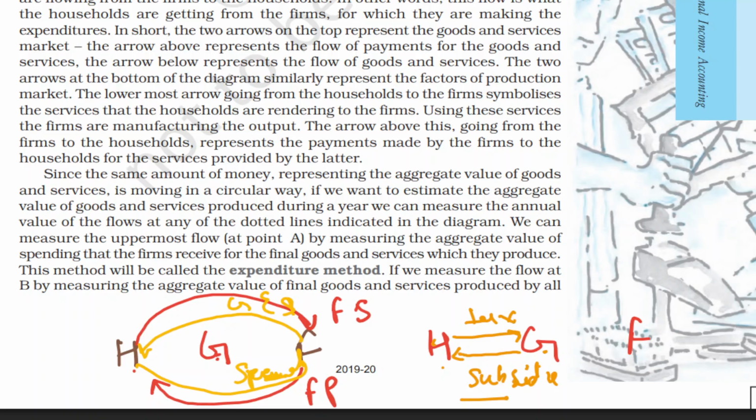And same with the firm part also. Firms also have to pay some taxes to the government, and government also provides some subsidies to the firm, like if they are using organic things, they will get 5% subsidies. If they are using some chemicals, they have to pay more taxes. If they are using paper bags, they will get subsidies to this much, or some commercial subsidies they get, right? So the bond of household to the government and the firm to the government is of taxes and subsidies,